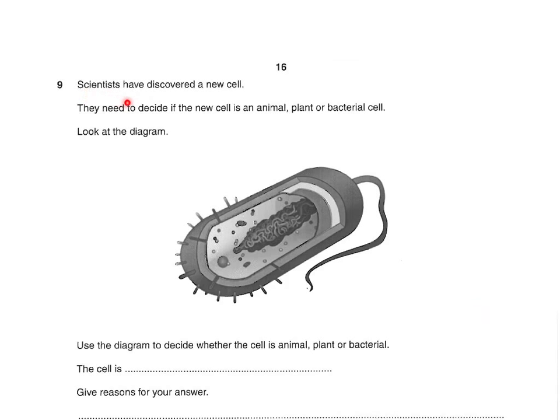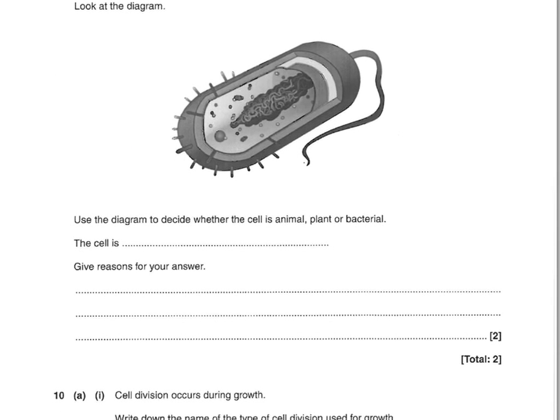Next question says, scientists have discovered a new cell. They need to decide if the new cell is an animal, plant or bacterial cell. Look at the diagram. It says, use the diagram to decide whether the cell is a plant, animal or bacterial. So firstly, the cell is bacterial. And there's a couple of reasons why you'd be able to spot that. The first reason is that it has no nucleus. So what you'd have to say here,